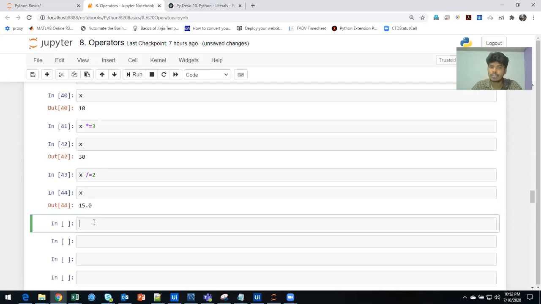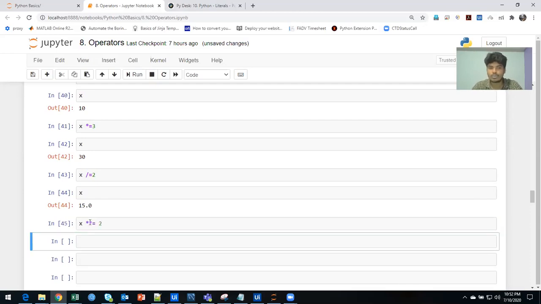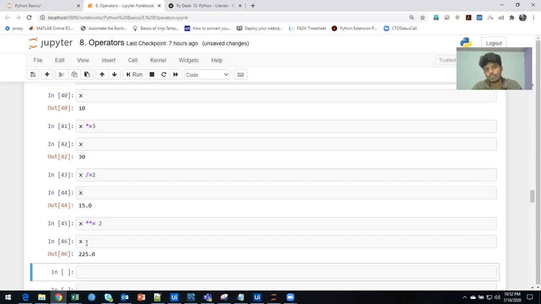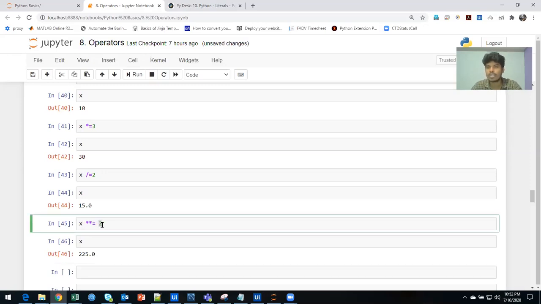And next we are going to use power, x **= 2. Whatever the value we have, 15 power 2 is 225.0. You can do any number here. I'm going with simple examples so that you can understand the logic and the operations behind it, and you can apply it however you want.